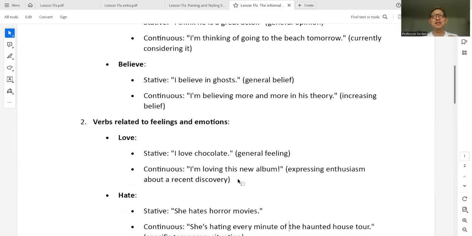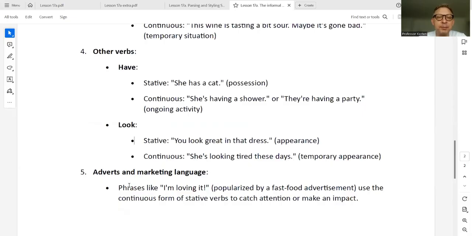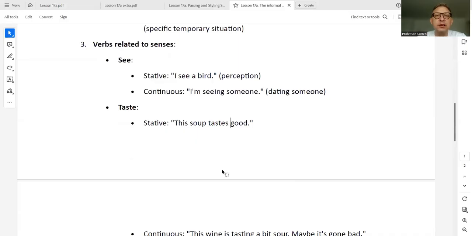Love. There's an expression here, "I'm loving this album," the very common informal expression, rather than "I love it." Here's a strap line from, I think, McDonald's: "I'm loving it." Here, again, a stative verb, a non-action verb, is now being used as a strap line. A strap line is the motto for the company. "Just do it" for Nike. "I'm loving it," I think, is McDonald's. We call that a strap line or the catchphrase of the company.